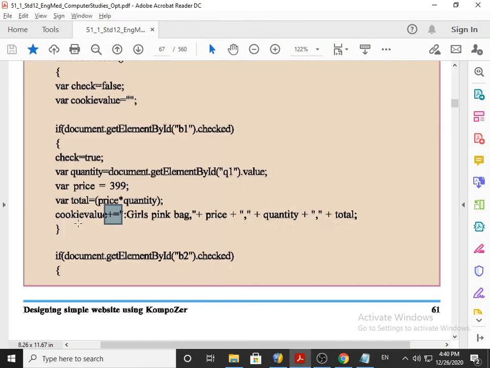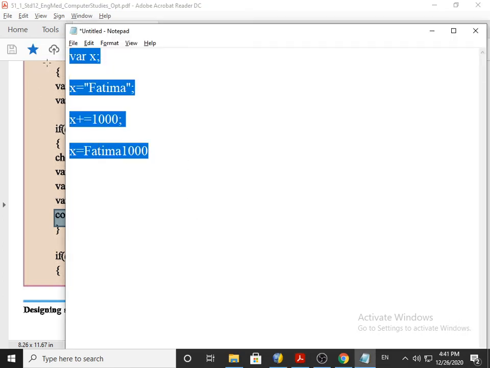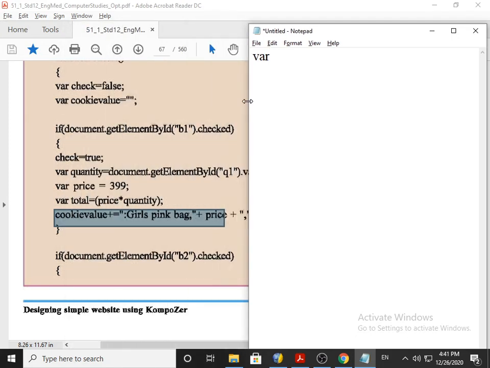Same thing is mentioned over here. See, cookie value plus equal to. I will explain this sentence. We have a variable, and why cookie, you don't bother, it's just the name of the variable.